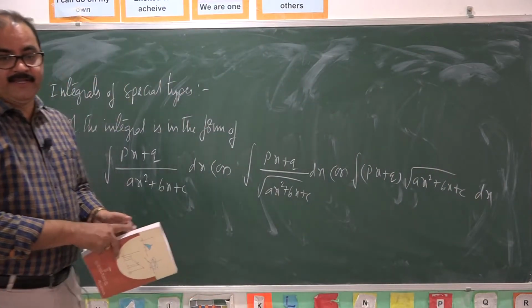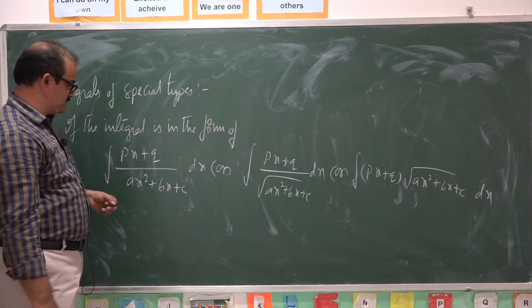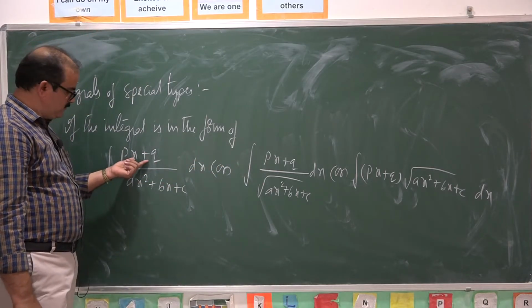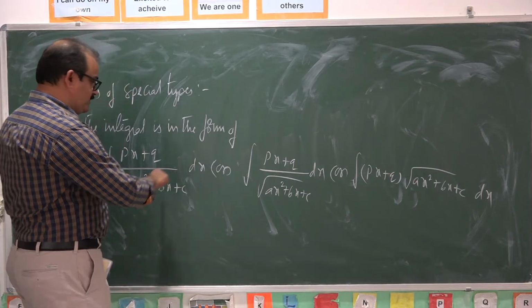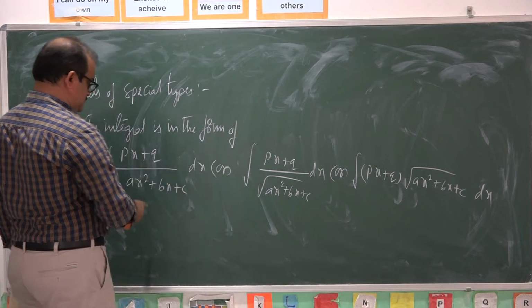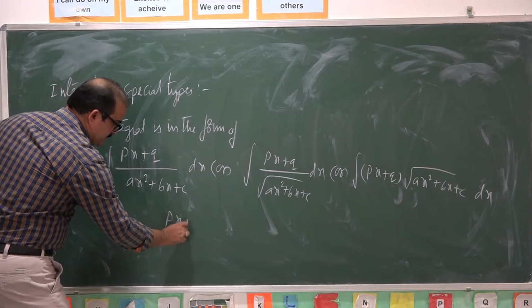If the given integral is in any one of these three forms, it has a linear form and a quadratic form, then to integrate such type of functions, we take px plus q